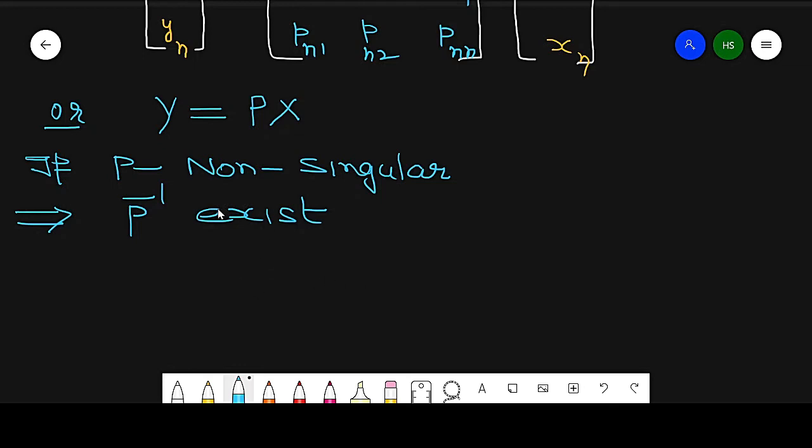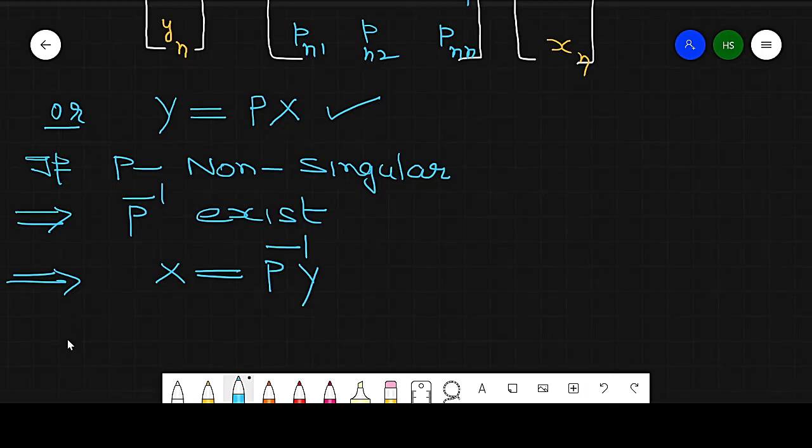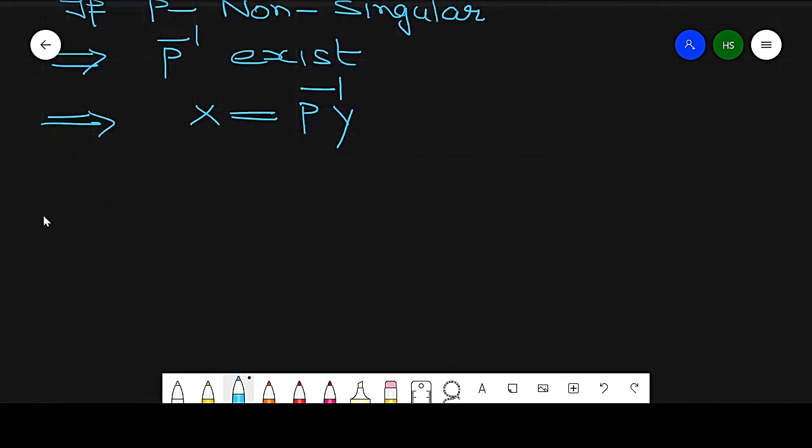If its inverse exists, then it implies X can be written as P inverse Y. So from this equation, we can write it as P inverse Y equal to X. Then what we get? We get 1-1 correspondence between X and Y. So in this way, we get, so there exists